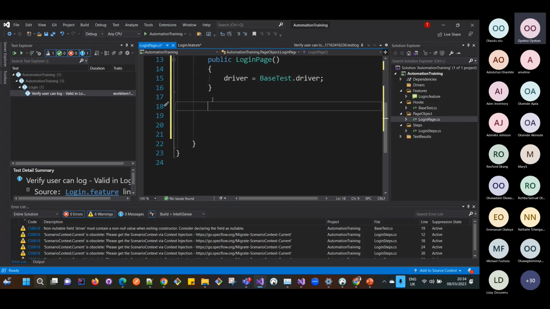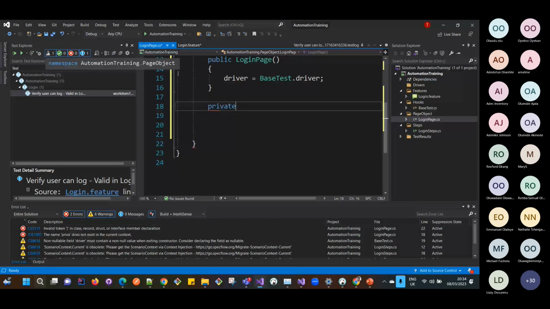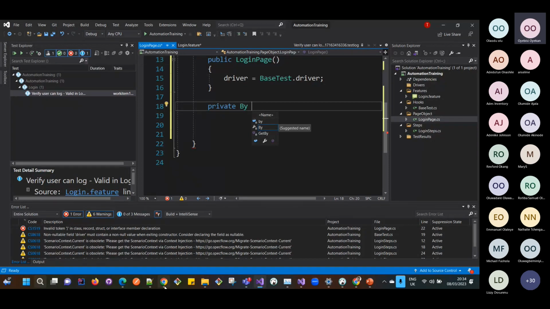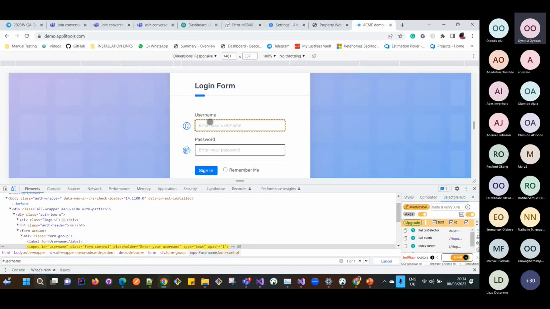So I'm now going to start writing my element locator. So go private. So I think it is called username. It's very important as well to use a name that is similar, exactly, so that anyone that wants to reuse that locator will know what it is used for. Like anyone that comes in now will go... Let me just